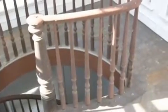and then if you move a little over to the other side of the tower, you're going to see the real travesty of this property, which is Home Depot